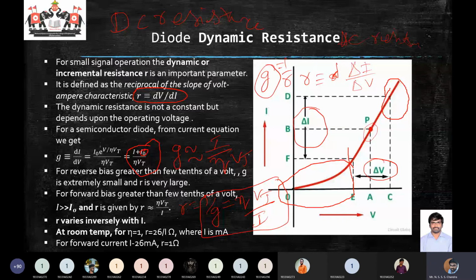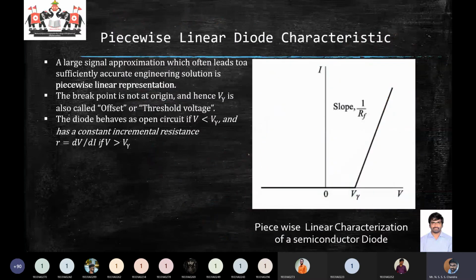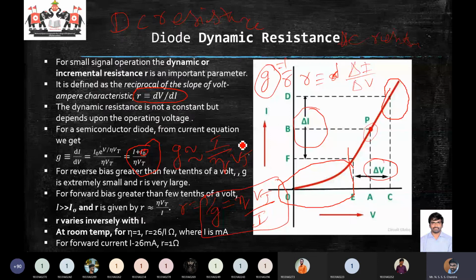So dynamic resistance means we are going to take the incremental values. We are not going to take only a particular value. Okay, so your dynamic resistance is valid even for your large signal approximations. So next what we are going to do is approximate the diode equation, the exponential curve, to that of a linear curve. So this exponential portion we are approximating to that of a straight line.